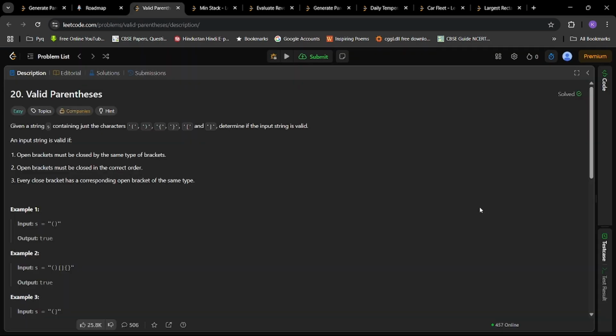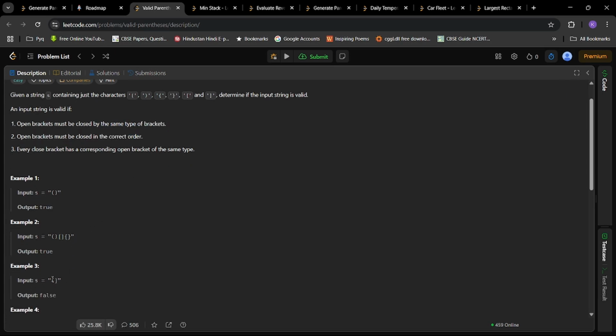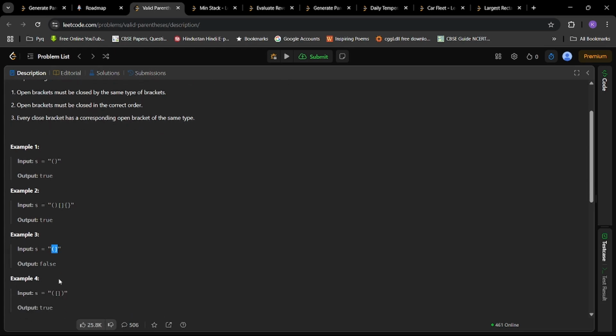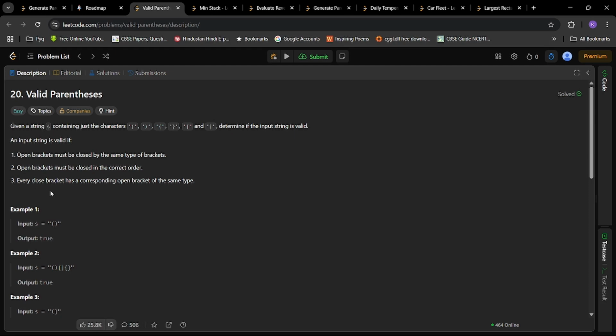Valid parentheses is that we will be given a string and we have to determine if all the parentheses are valid. All open brackets must be closed. If they are open, they have to be closed. Open brackets must be closed in the correct order. That means this is false and this is true. Every closed bracket has a corresponding open bracket of the same type. That means there cannot be